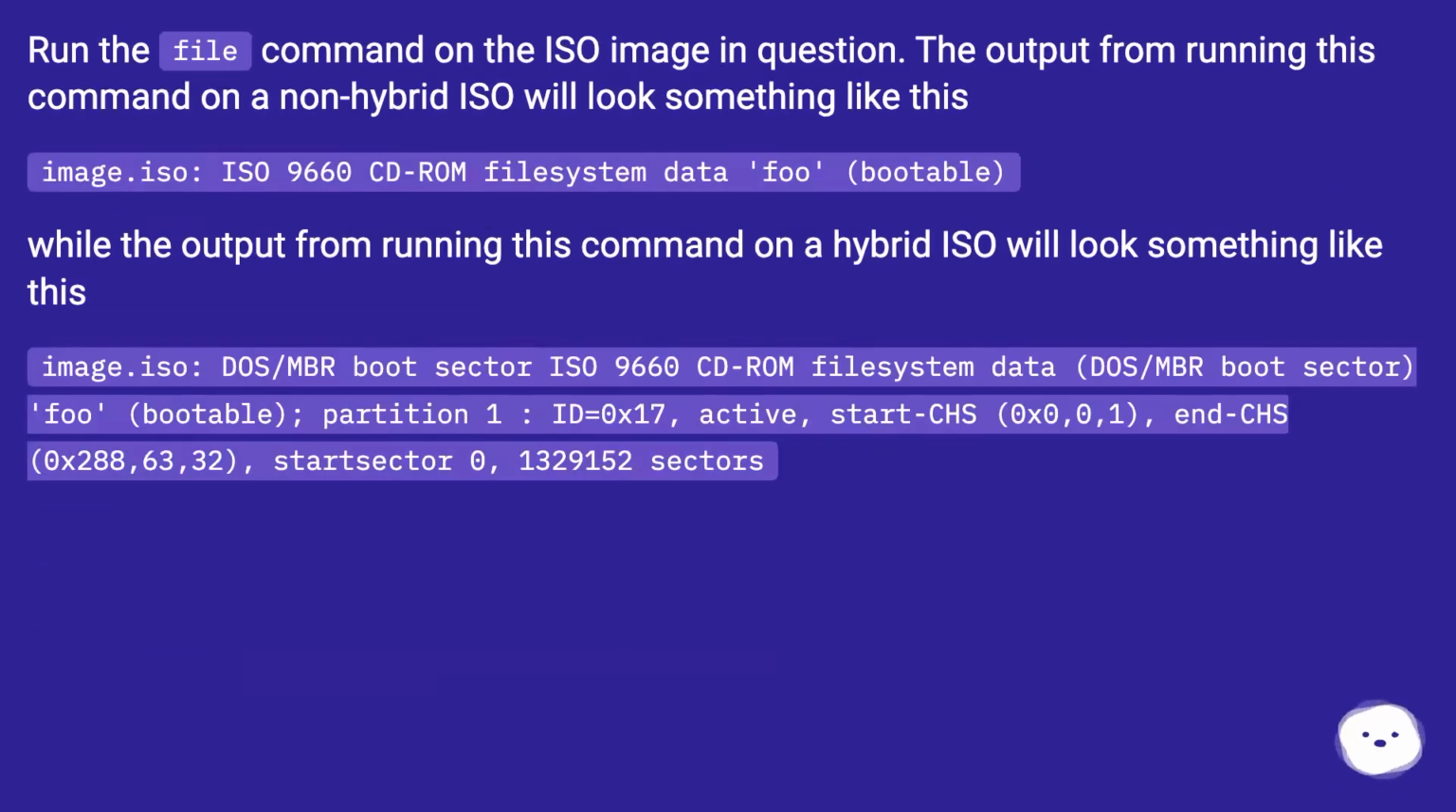Run the file command on the ISO image in question. The output from running this command on a non-hybrid ISO will look something like this: image.iso: ISO 9660 CD-ROM file system data, foo, bootable. While the output from running this command on a hybrid ISO will look something like this: